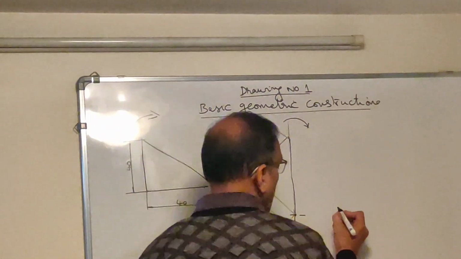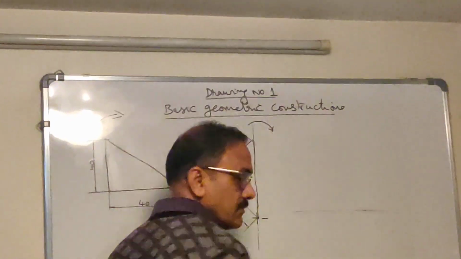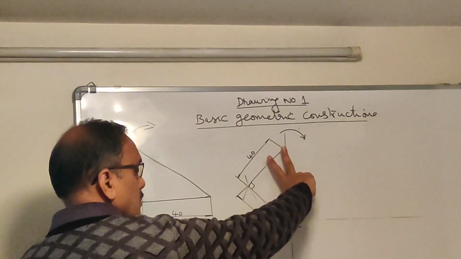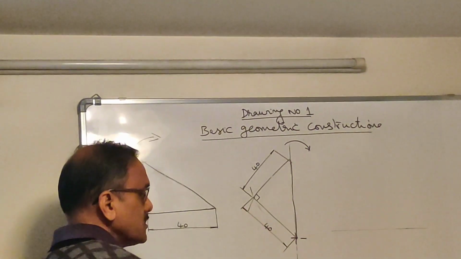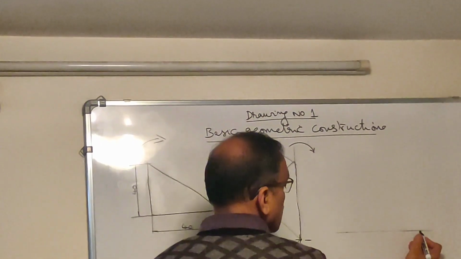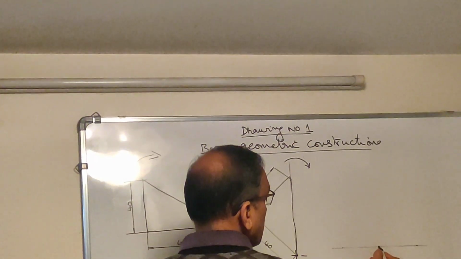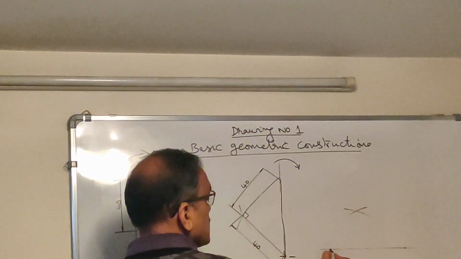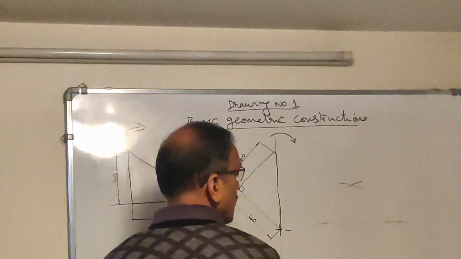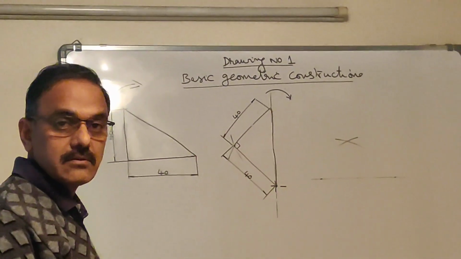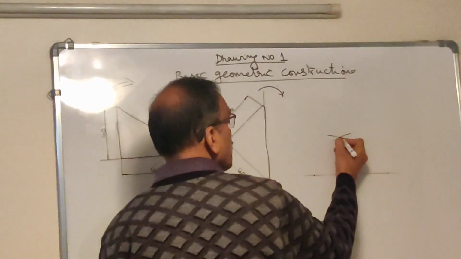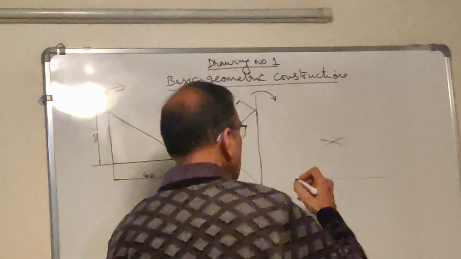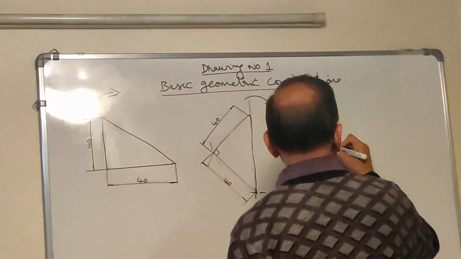So we will start by drawing a thin line first. You know what is the length of the hypotenuse. This is the length of the hypotenuse. So you take it using a compass, drawing compass, and mark it here. Then you are going to draw two arcs, one with this point as center and the other with this point as center, the radius being 40 each. Once you get the apex, mark it. The intersection of the two arcs will be the apex, and then connect to complete the triangle.